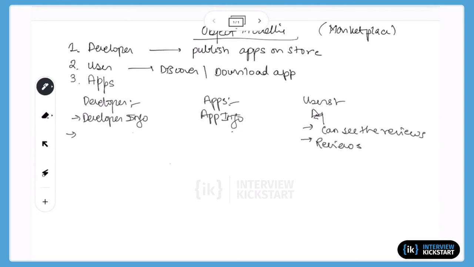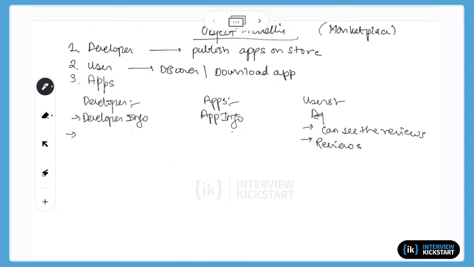Apparently, for any app, there will be many reviews, right? There will also be the binary itself. The app binary would be somewhere anyway, right? Because users eventually need to download it, and developers need to upload it somewhere, and as your system, you need to store it somehow, right? Yeah. Ultimately,